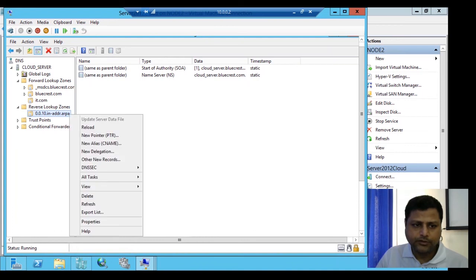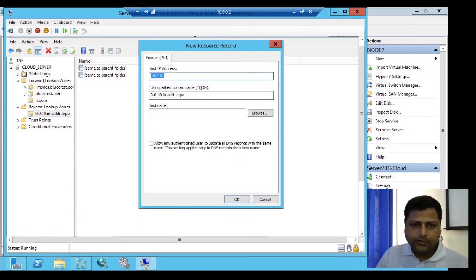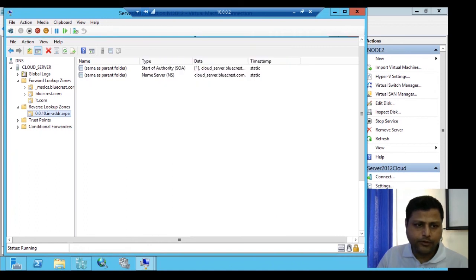So now we'll move to the reverse lookup zone. We'll right click on the zone, and we can see that there is a new pointer, that is PTR records. So we'll create a new pointer over here so that it will resolve from IP to name. The moment we click it, the record entry pops up. Now we will put the record over here, 10.0.0.70. If you want to verify this address, we will go to the forward lookup zone where we configured it.com, and there is 10.0.0.70. So we'll provide this in the reverse lookup zone.